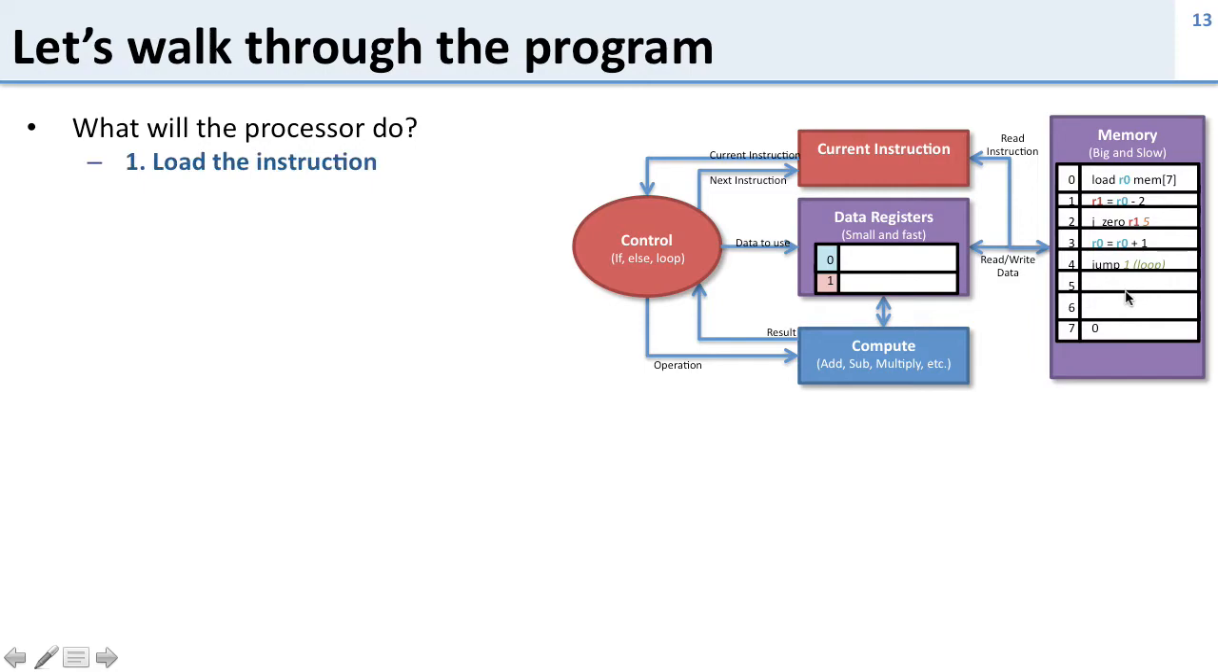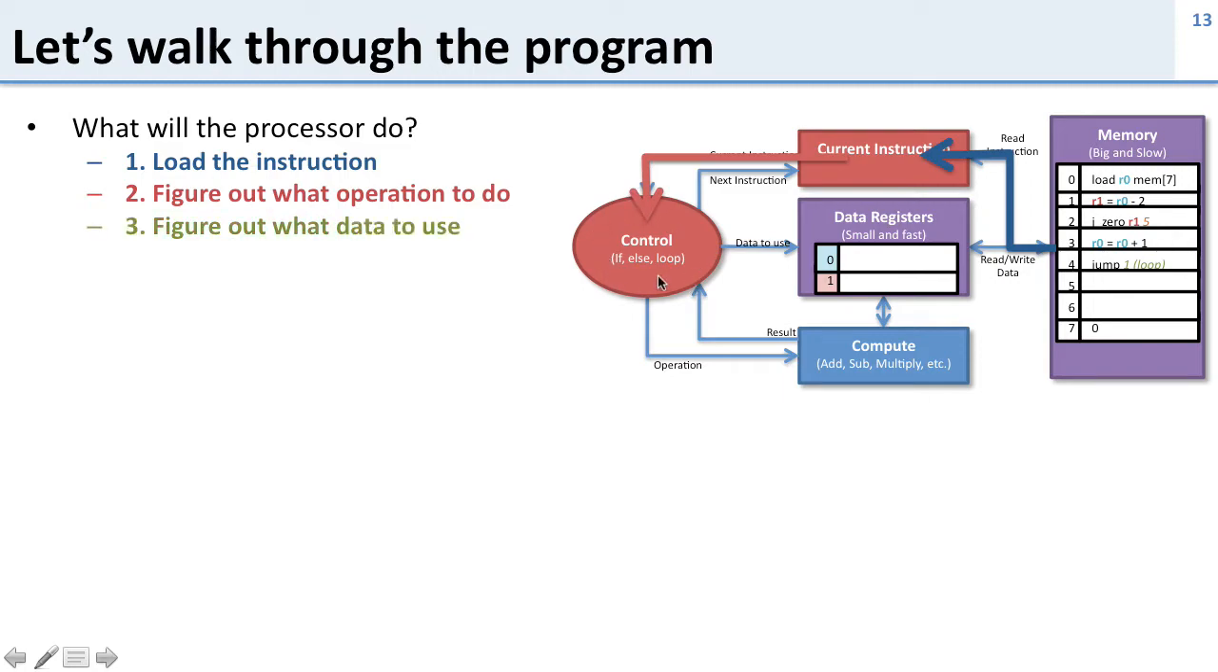So the first thing the processor is going to do is load the instruction. So we're going to take it from memory, we're going to load it into the current instruction. Then we're going to figure out what operation to do. So to do that, the current instruction is going to tell the control what to do. From there, we're going to figure out what data to use. So we're going to go over here and tell the data registers which data to send down to the compute